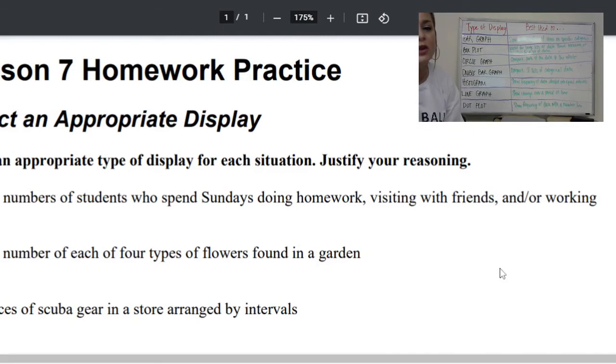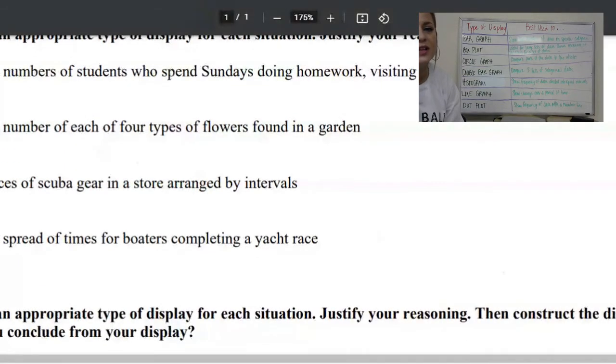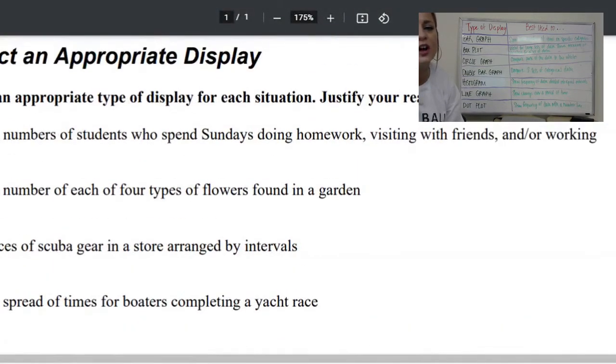All right, so number 2, it says the number of each of 4 types of flowers found in a garden. Okay, so we're looking at 4 types of flowers found in a garden. So let's look at this first one, bar graph. Show the number of items in specific categories. I feel like this is our winner chicken dinner because it is 4 types of flowers in a